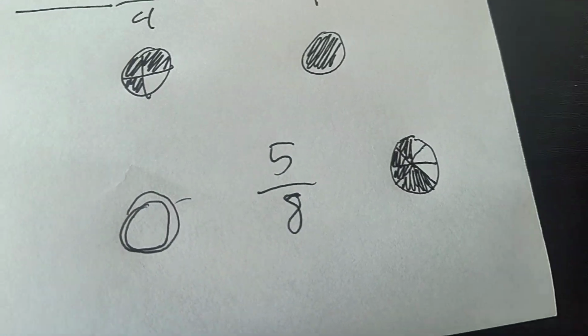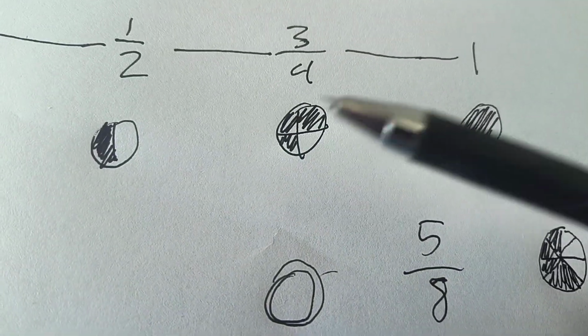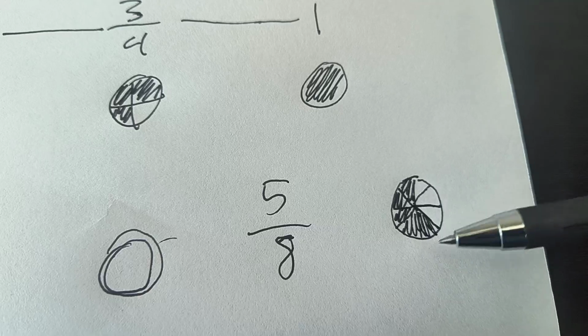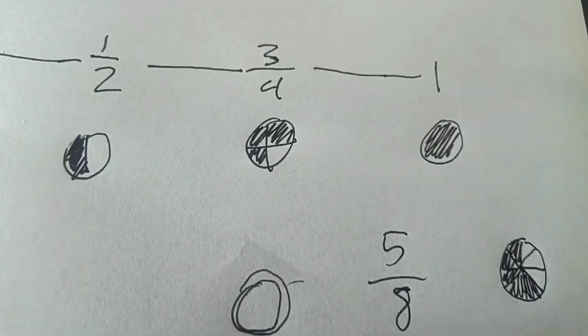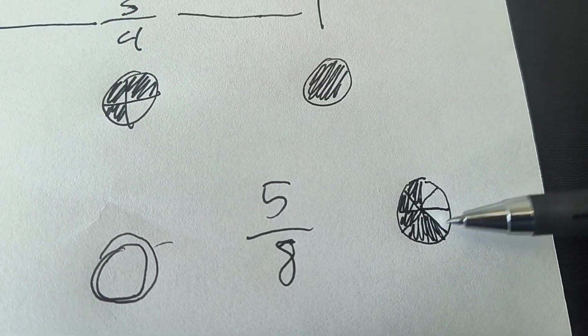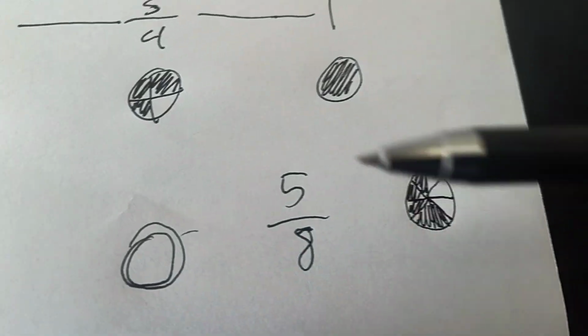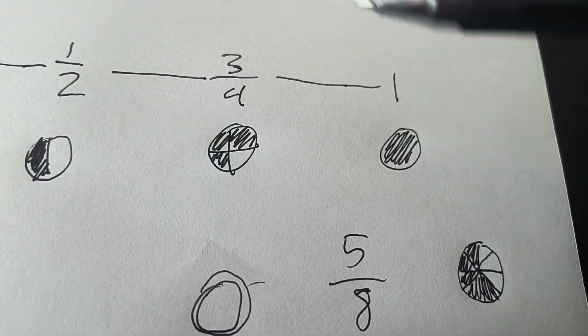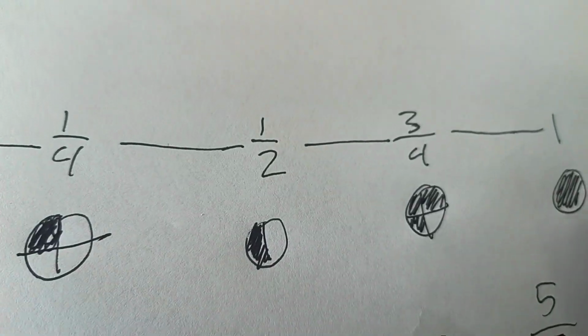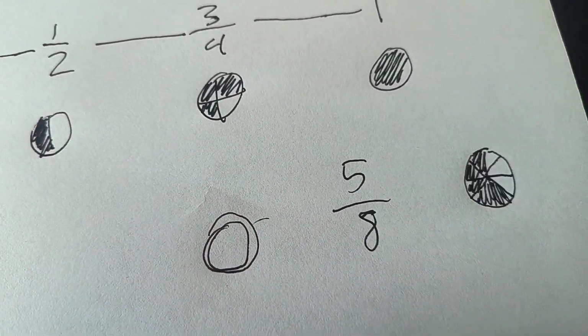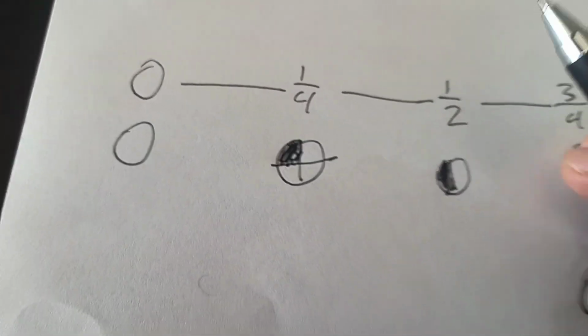Okay, now does this look like this? Is this representing the same amount of the circle as this is? Well, no, this is less. This is missing this part. So it's not circling 3/4. It's less than 3/4. So 3/4 is greater than this, than 5/8. 3/4 is greater than 5/8. Okay, what about